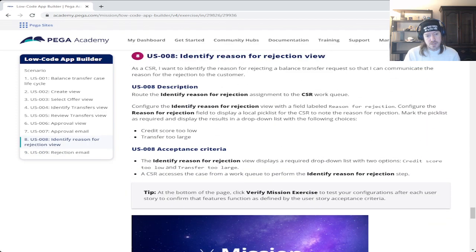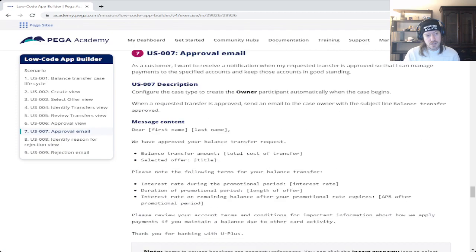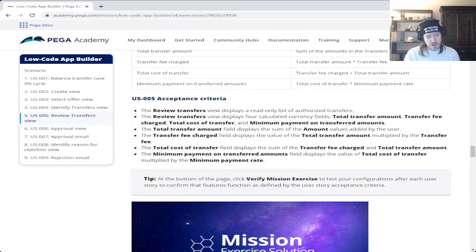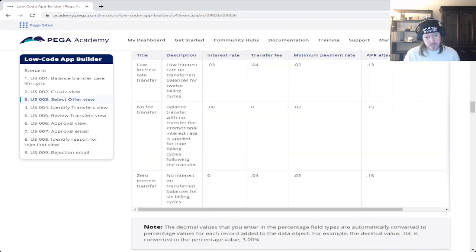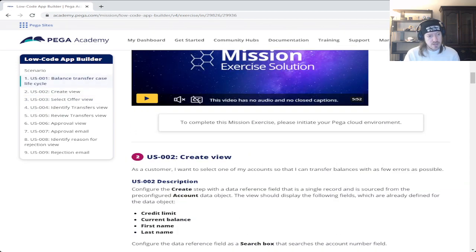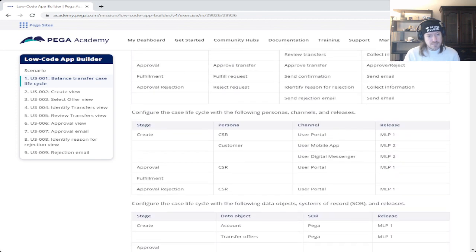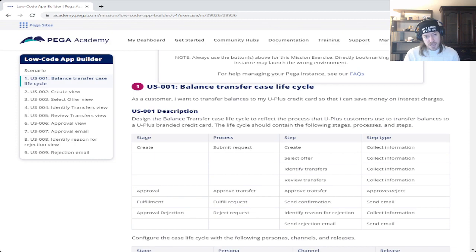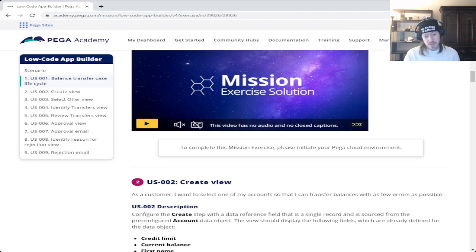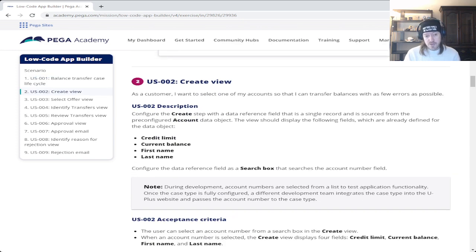I'm not sure if I can go through each one of these exercises, like, I don't know if I can do the balance transfer case lifecycle, for example, get that all done, complete the mission exercise, and then move on to exercise two in a new instance, if you get what I'm saying.